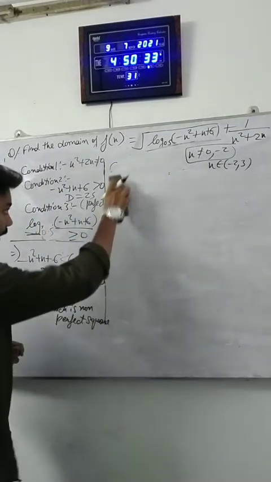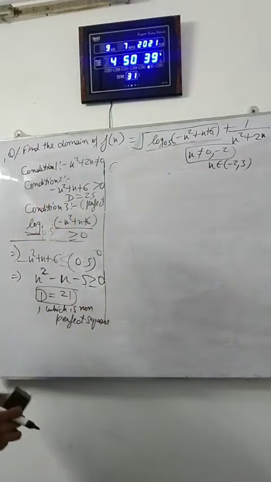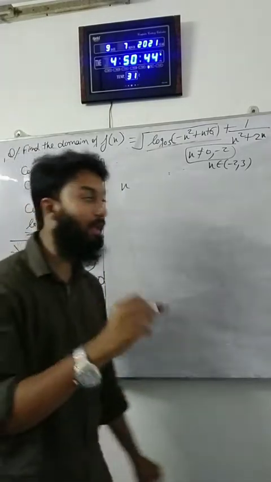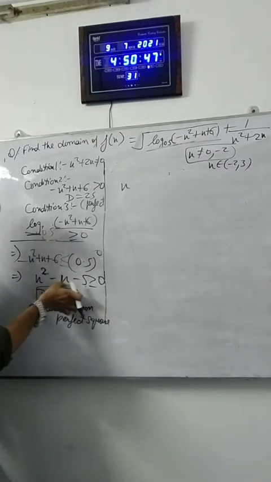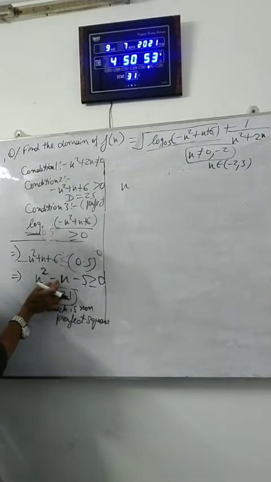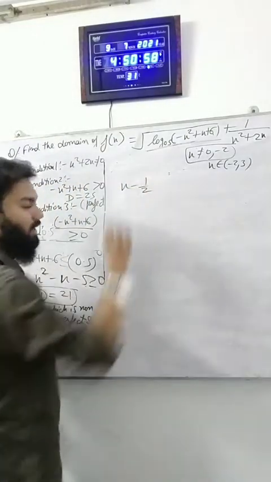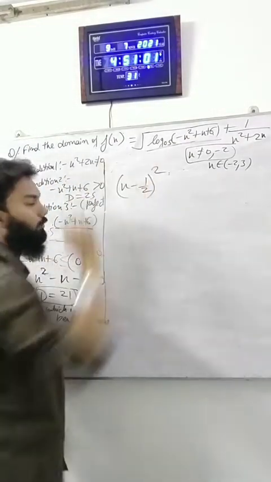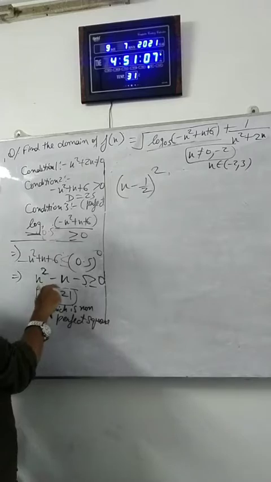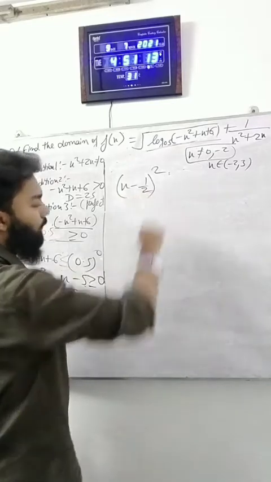And what is that method? Let us see. Whenever we solve these kinds of quadratic inequations, we first of all write x, and then we divide the coefficient of x by 2. What is the coefficient of x? Minus 1. We divide it by 2. It will become minus 1 by 2. And then we square it. First of all write x, then divide the coefficient of x by 2. It becomes 1 by 2. And then you have to square this: x minus 1 by 2.